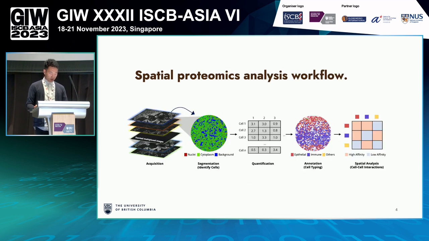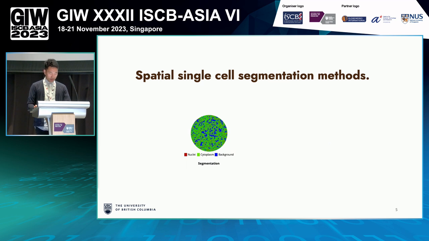So with the spatial data acquired, the focus of the spatial experiments lies in performing computational analysis. The analysis workflow begins by identifying cellular boundaries to segment cells, and then quantifying the marker expressions to annotate the cell types, and then lastly performing spatial statistical analyses. So a critical step in the data process is this step, which is to segment cells from these hyperstacked images. So the proper strategy for performing